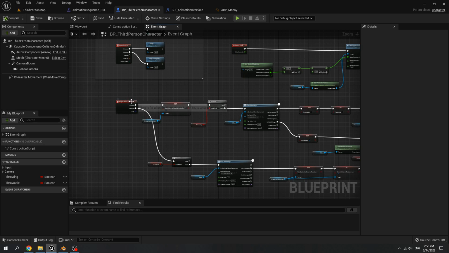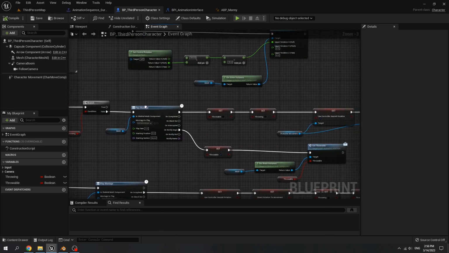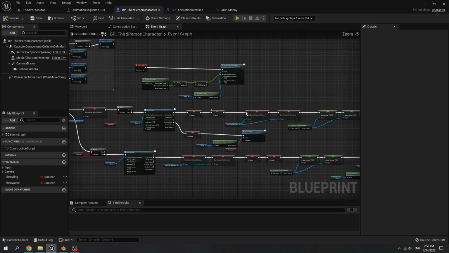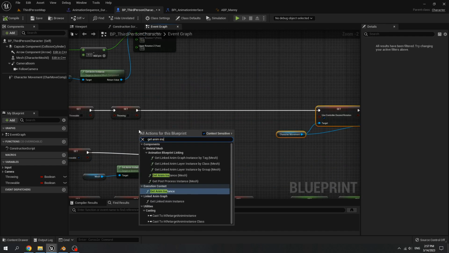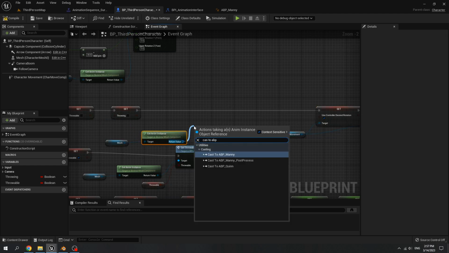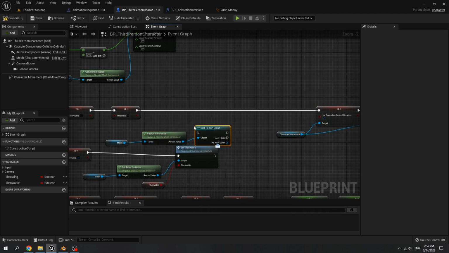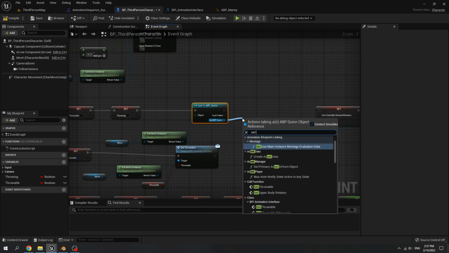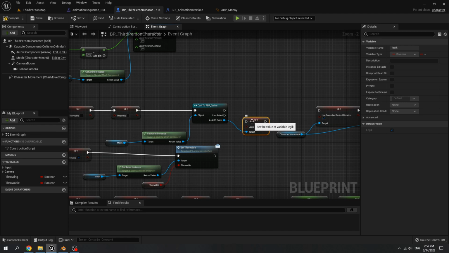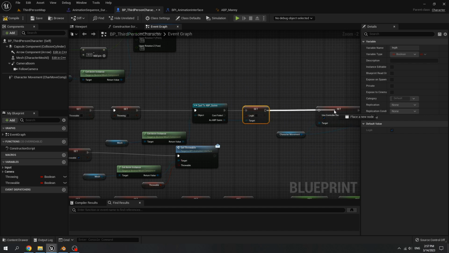On right mouse button press, after we set drawing to false, get anim instance from mesh, cast to ABP queen, set leg IK to false, to stop tracing the IK of the leg.